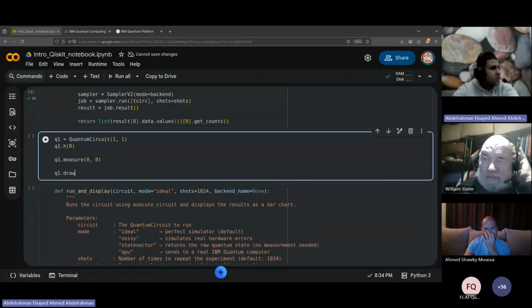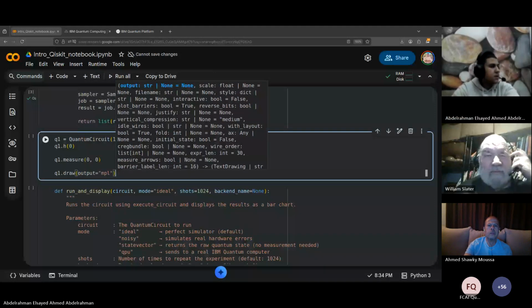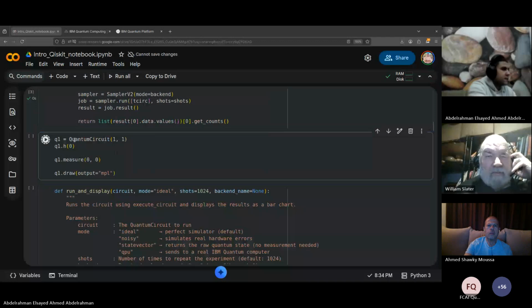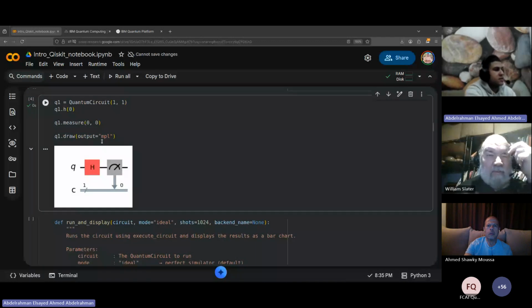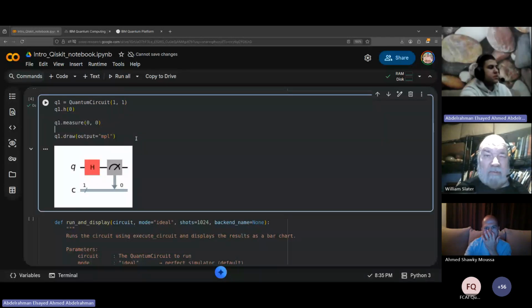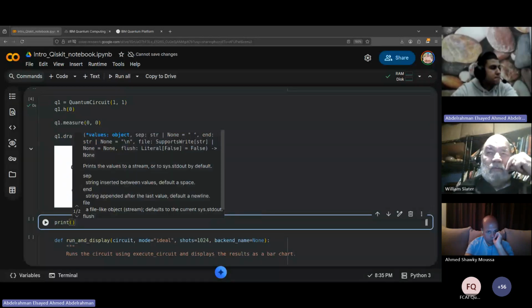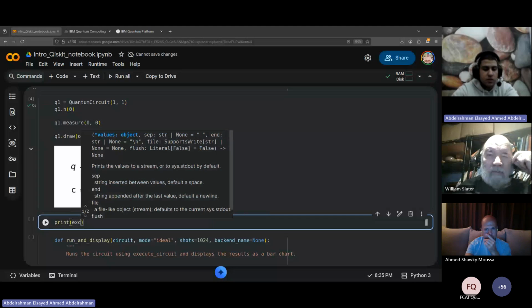Then we can actually see the circuit, output MPL. So this is the circuit, a very simple circuit, 1 qubit, 1 classical bit, applying Hadamard, then measure. So let's say we will execute using state vector. Print, we will see the output. Print execute